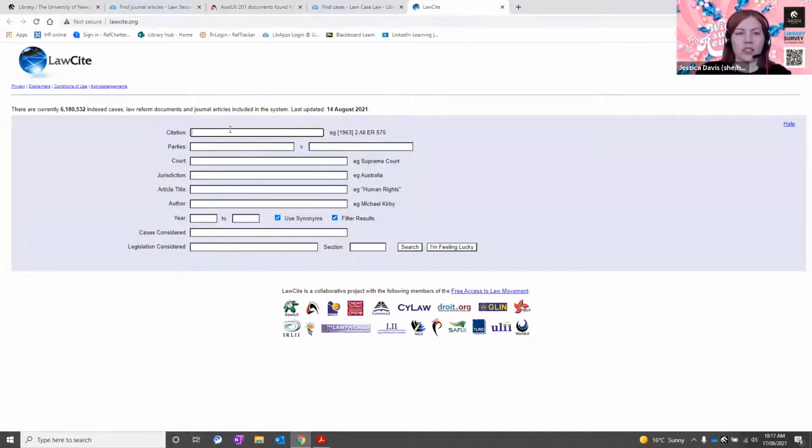To search a citation, I will type in the year the decision was handed down, the volume number of the law report series, the abbreviated title of the law report series, and then the pinpoint number, and then press search.